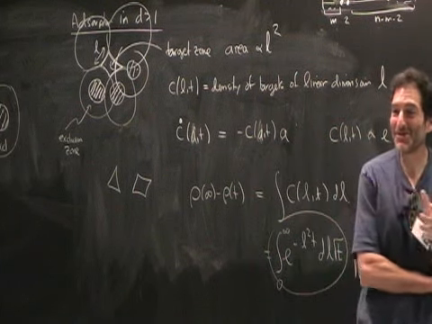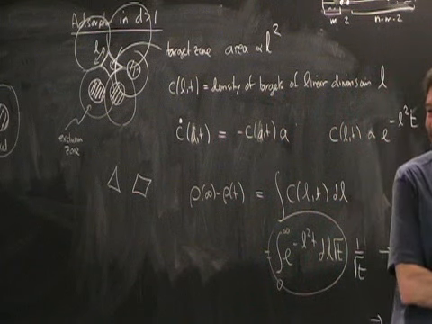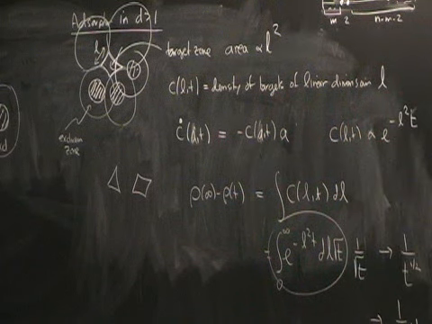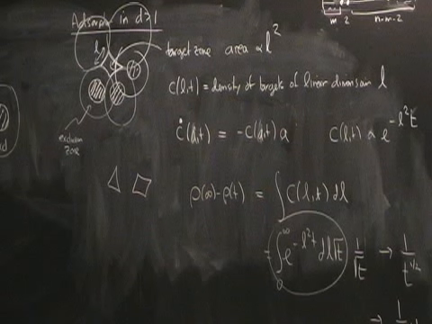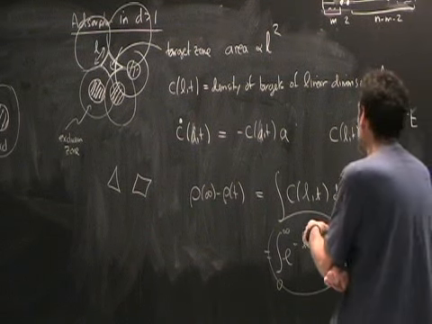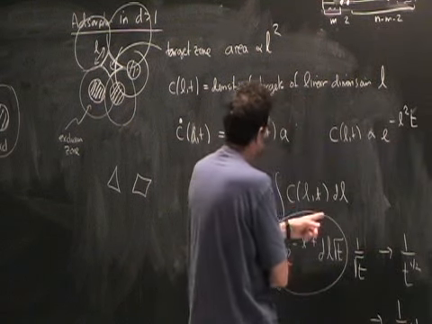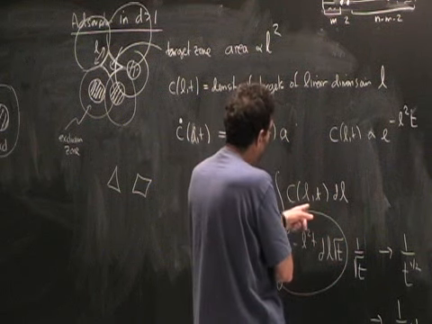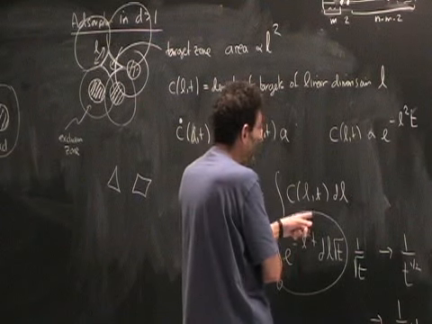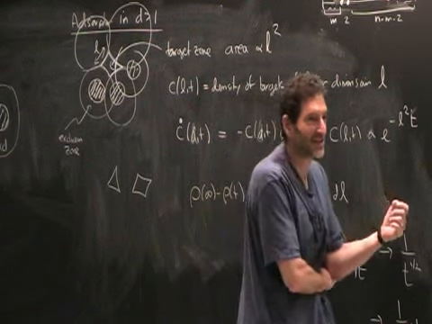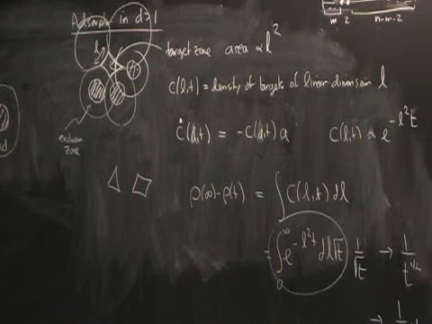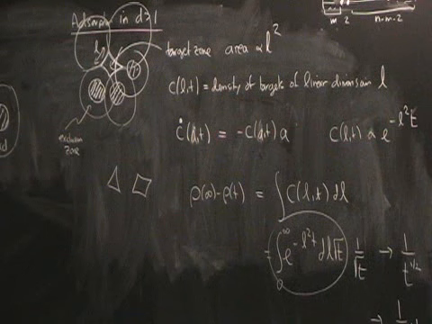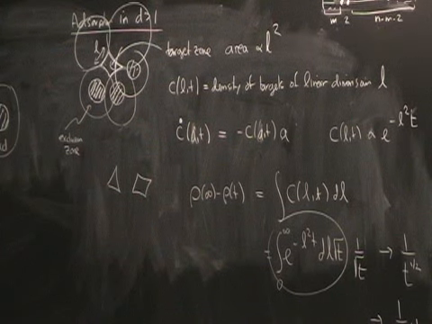Kip is always the guy who asks the most difficult questions in my class, so he's only doing it here. It seems like you're somehow incorporating a degeneracy. Yeah. I think the issue here is that there's a density of states here. When I change from length to area, I should have a density of states factor here. I'm going to get the same answer, but how to answer your question off the top of my head, I don't know. But I'm sure I have to put an appropriate density of states factor to make it work. Yeah, there's some implicit density of states that you assume to be there.